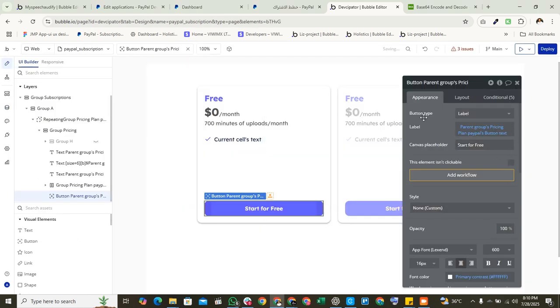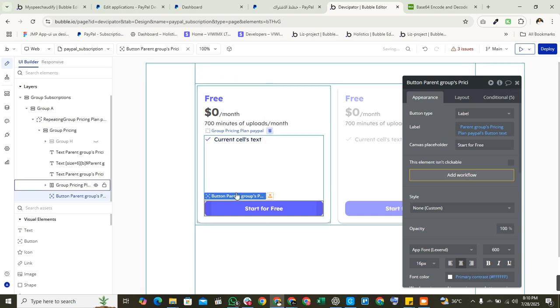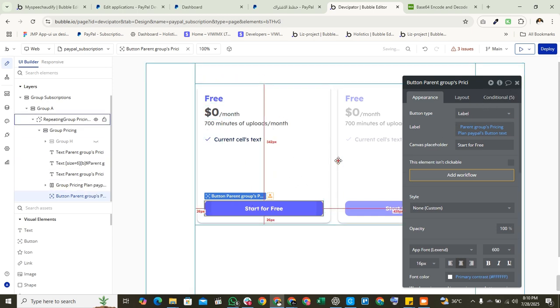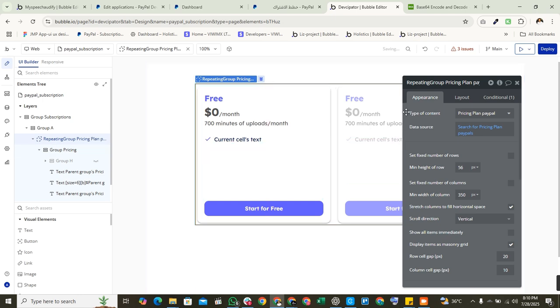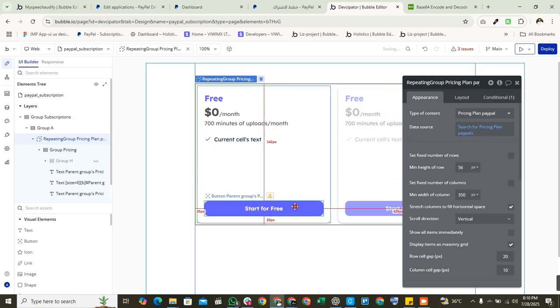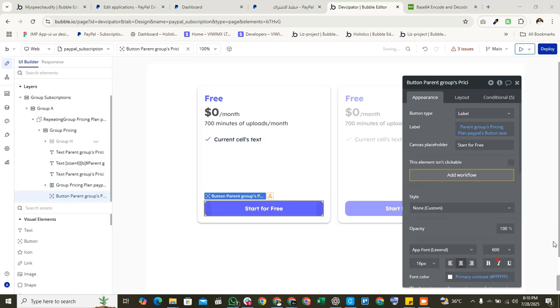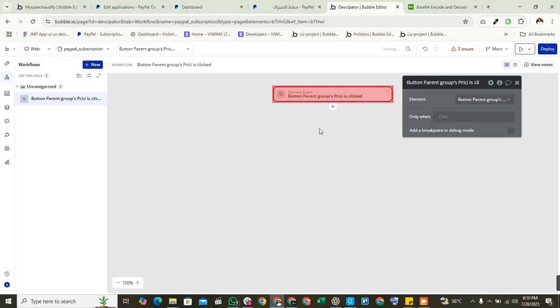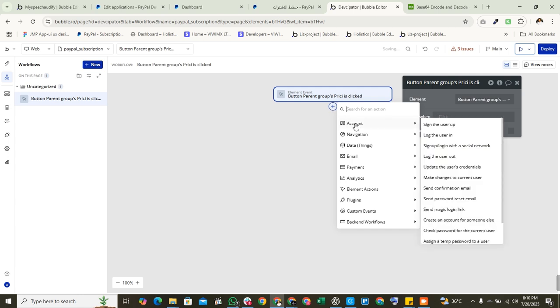Okay, so now we will be setting this up on the Bubble side. So these are the plans repeating group that I've set up, and it has all the pricing plans in here. And what I am doing is adding this workflow and calling the APIs one by one. So the first API call was